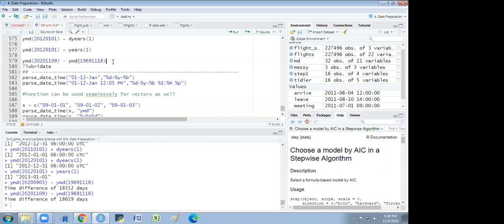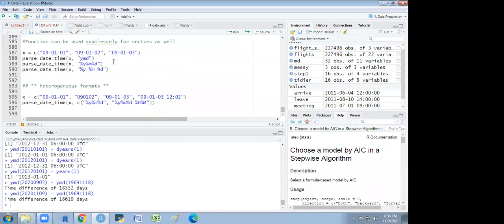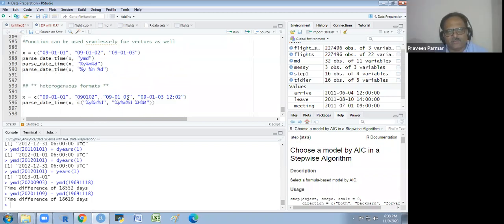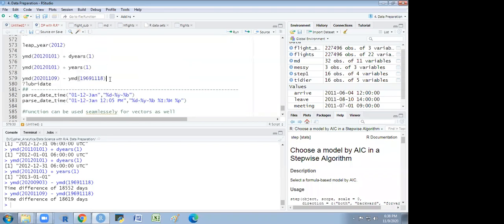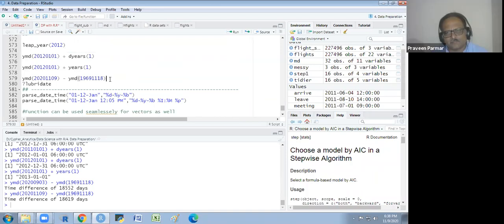Suppose I have a column called date of birth and I want to calculate the age. So how will you calculate? Instead of days, I want it in years. Manually, I know how to do it.